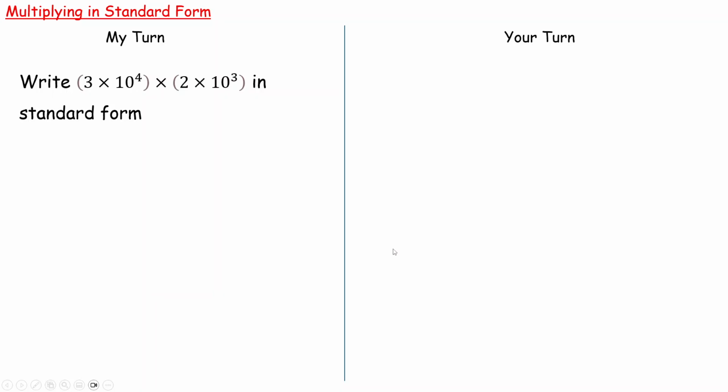Okay, in this video, we're now looking at multiplying in standard form. So without further ado, let's get straight into it. We'll go through a couple of my turn, your turns, and then there'll be some questions you can try at